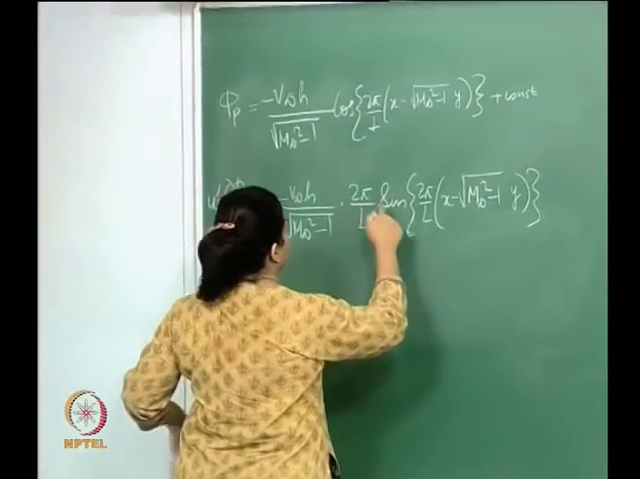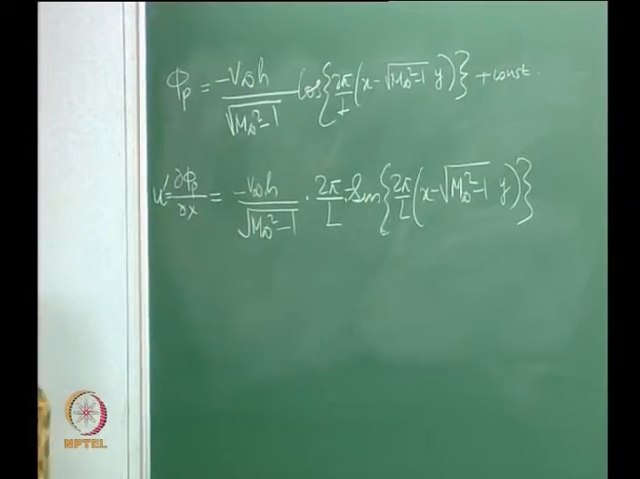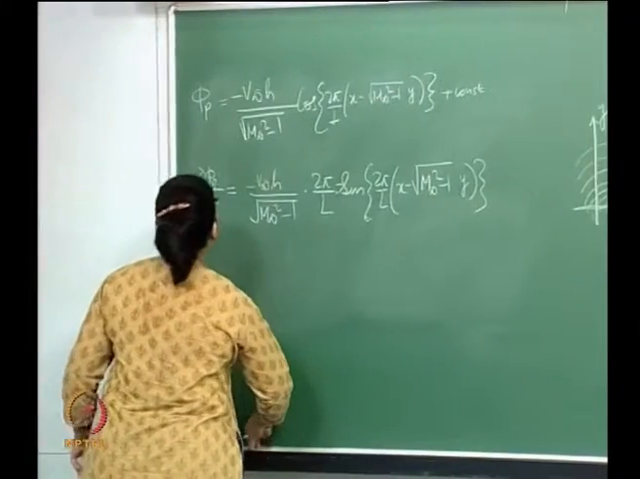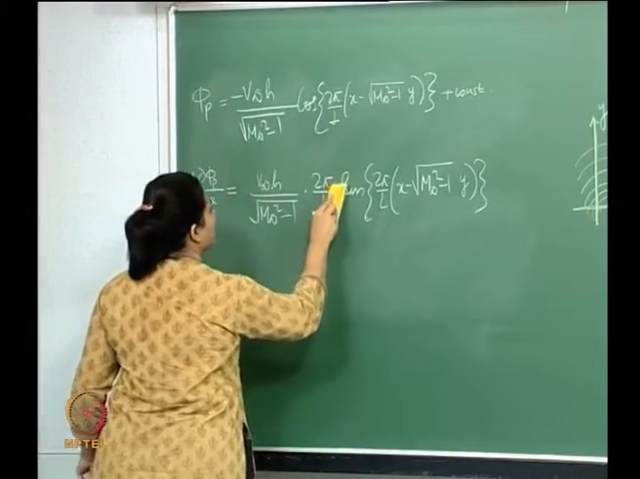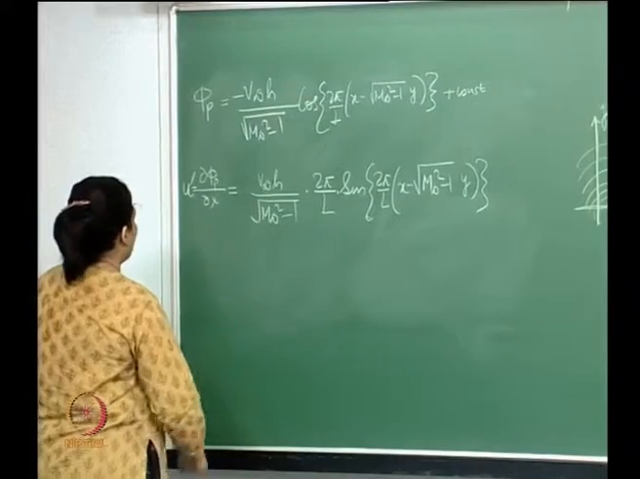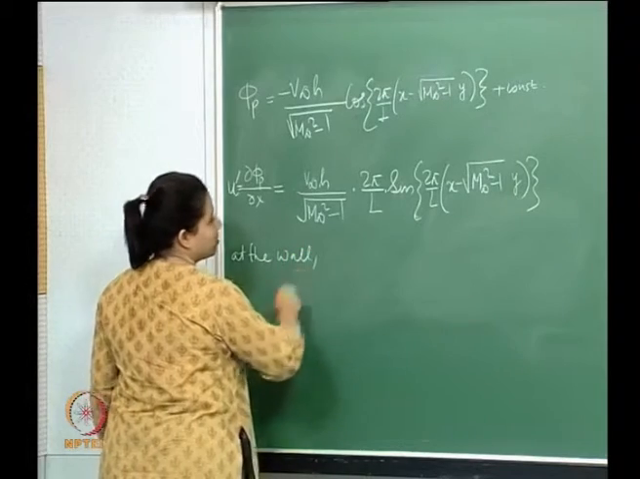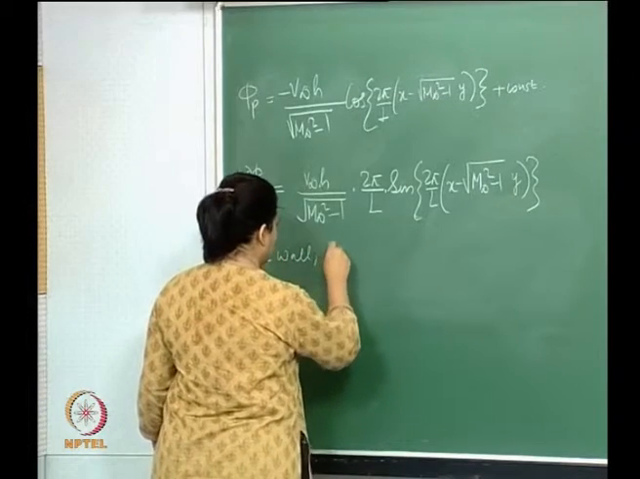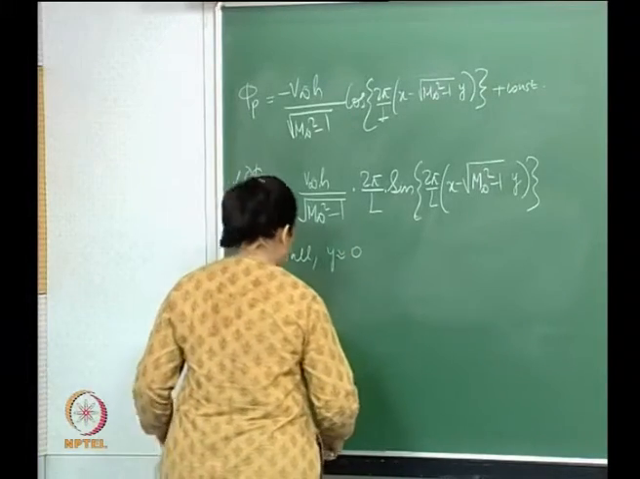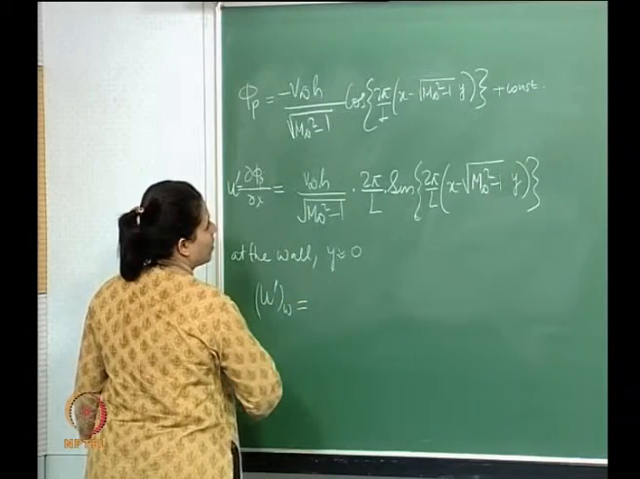Okay, so we took a derivative, so we get a negative sign here because of this sign. So these signs essentially cancel out. So this is what we get. Now again, at the wall, taking small perturbation theory, y will tend to 0. So therefore, at the wall, what we get is